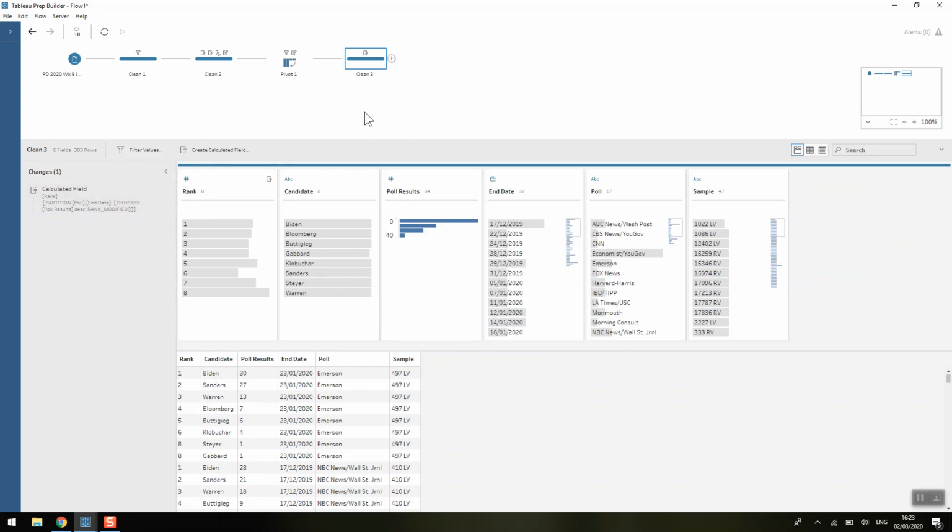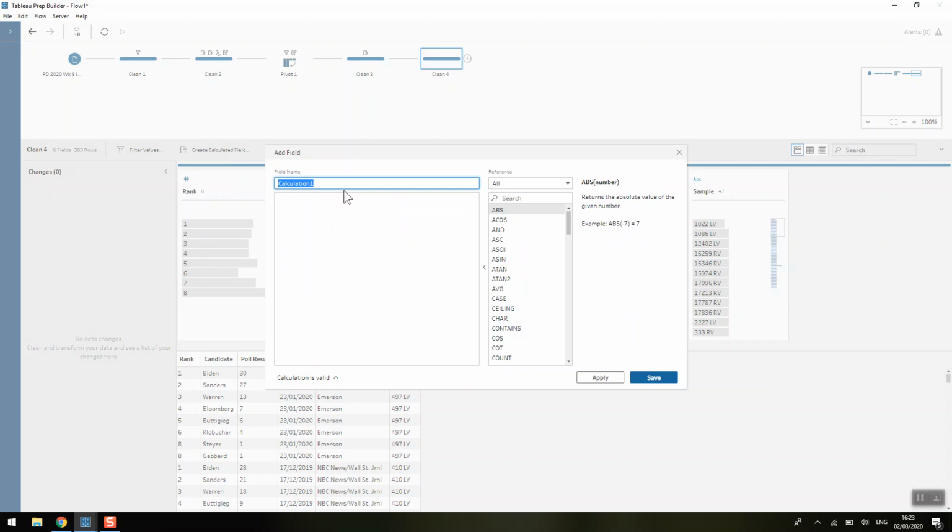Now our only other thing left to do is to calculate the spread between candidates in first place and second place. So we're going to use LODs to do that. You could do some reshaping of the data to work it out, but we're going to try out a new functionality of LODs. So rather than going into the create calculated field, we're going to just do it in the traditional way. So first place, we're just going to call first, and we're going to say for each poll and end date,